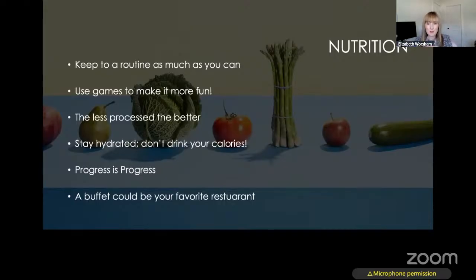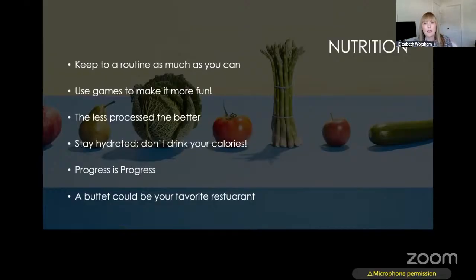Lots of patients play Candyland or Sorry or something where there's a physical game you can put in the center of the table, and they have to take a bite before they can have their turn. That's a great motivator. The less processed food, the better. We've only had processed food as humans for about the last 100 years, when human beings have been around for millennia without processed food. It takes more time, it takes more effort, but there's a lot that we don't know. We don't have long-term data on what all this processed food is doing to our bodies.